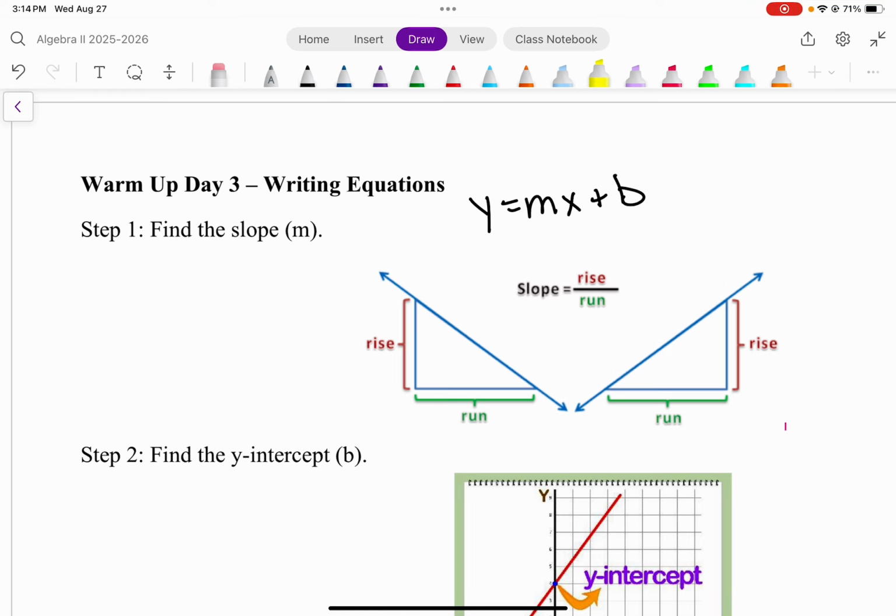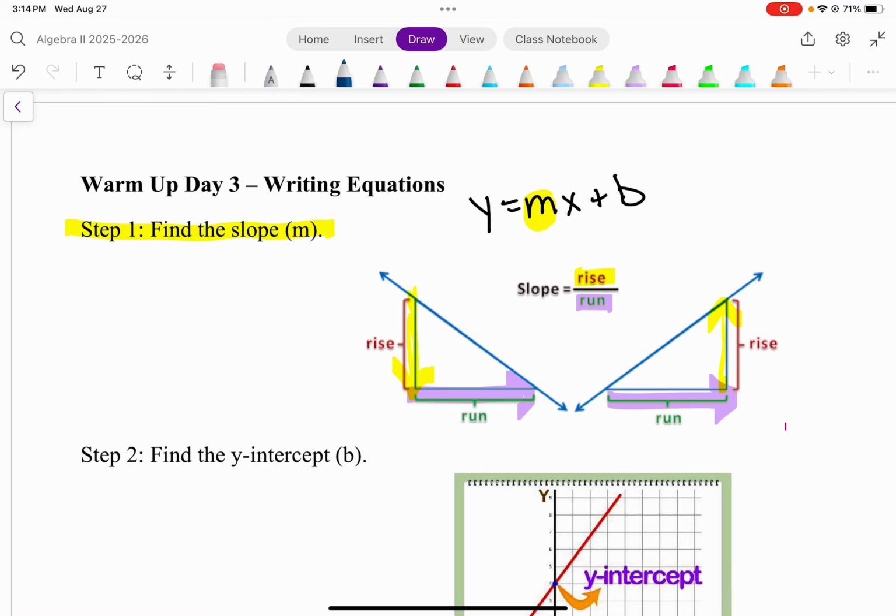So the first thing you're going to find, step 1, is the slope. That's your m value. Your slope is your rise over your run. So you're always going to go up or down first when you are calculating your slope, and that will be your top value. Then you're going to count how far to the right you are going, which is your run or the bottom value of your